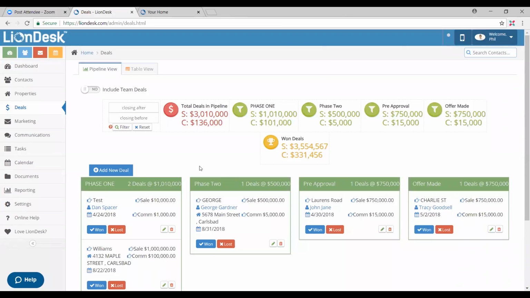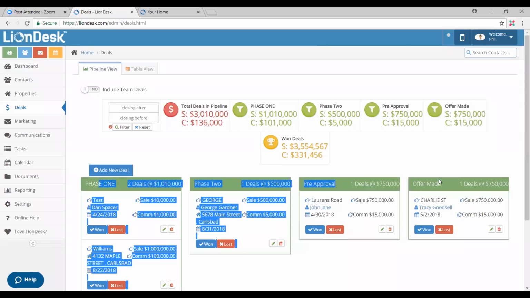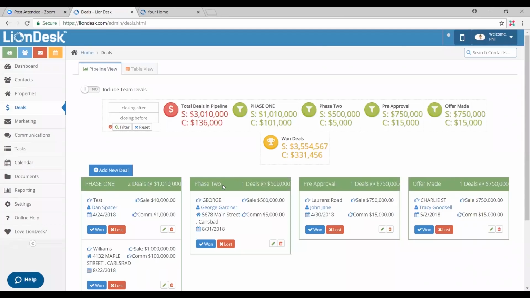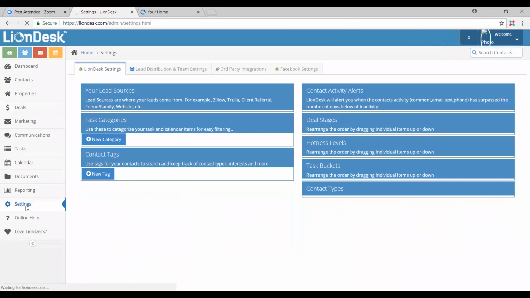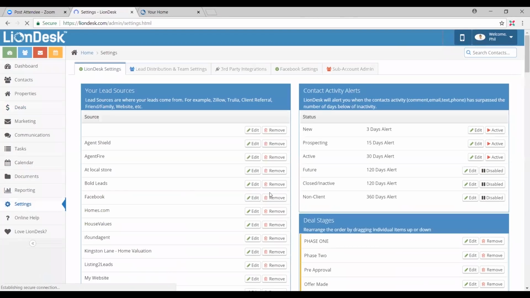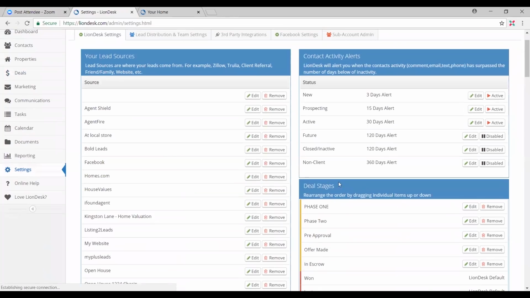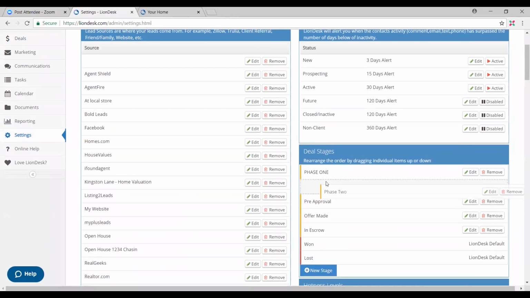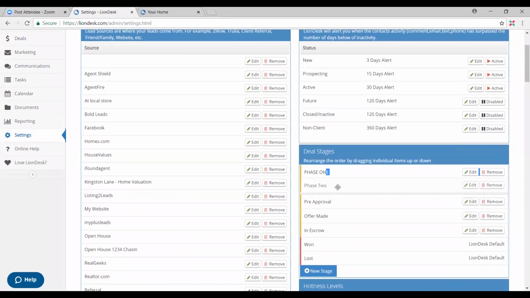Okay, and the way to customize these boxes here that you see listed, the phase 1, phase 2, pre-approval offer made, we're gonna go ahead and enter our settings tab and look for our deal stages over here on the right-hand side. Now we can also click and drag so we can move the boxes around, or what we can do is just rename the boxes. We're gonna click on edit,